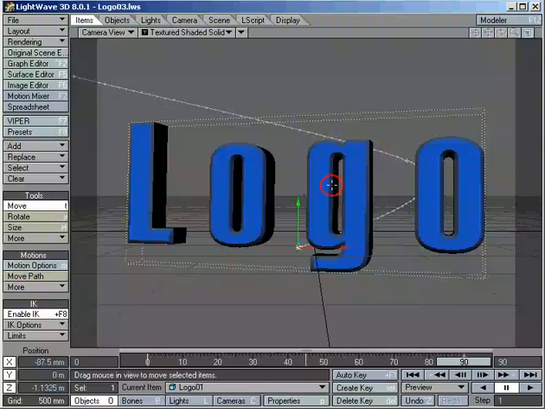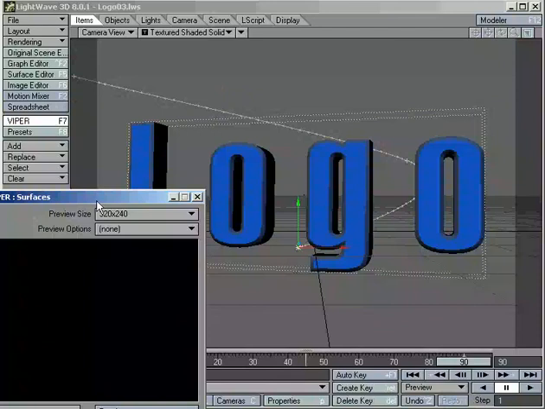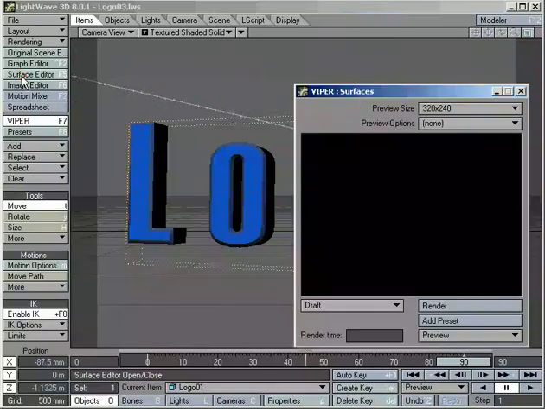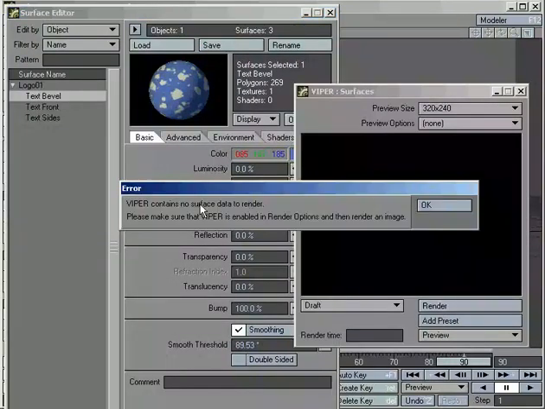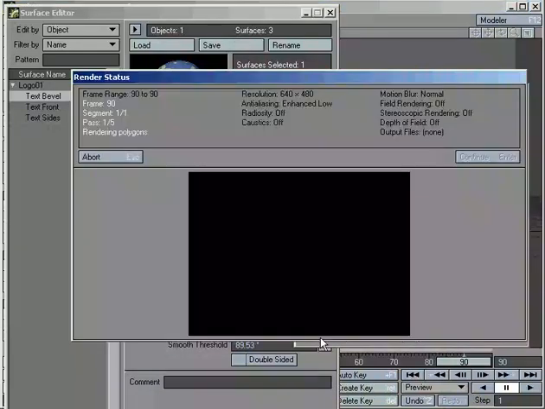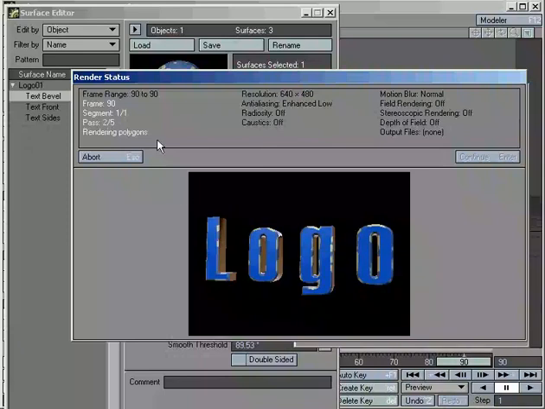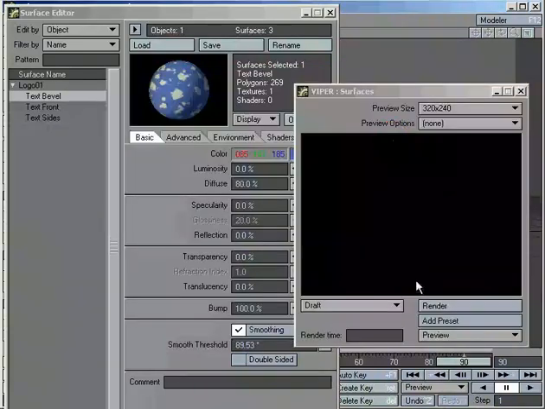So how can you tell when you're doing your settings? Well, final important step with texturing is this little device called Viper. Viper stands for interactive something or other. Open up my surface editor. Viper contains no surface data to render. This is the biggest stumbling block to use Viper. You need to open Viper, then you need to render a scene, or render a frame. You don't even need to render all 5 frames. Just a single pass,